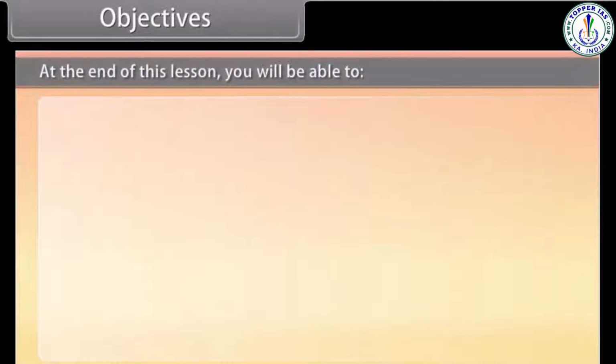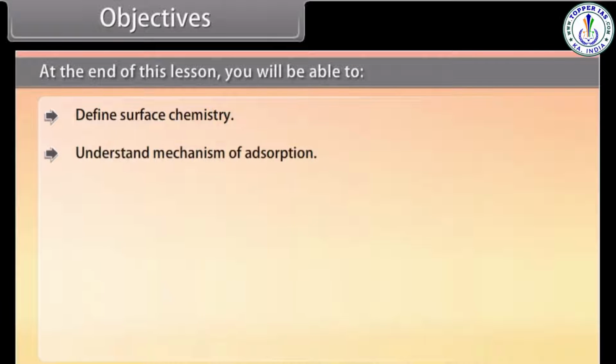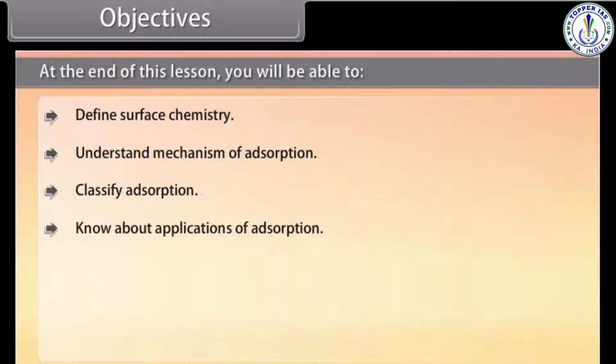Objectives. At the end of this lesson, you will be able to define surface chemistry, understand mechanism of adsorption, classify adsorption, know about applications of adsorption,